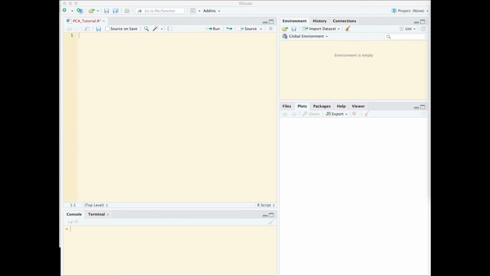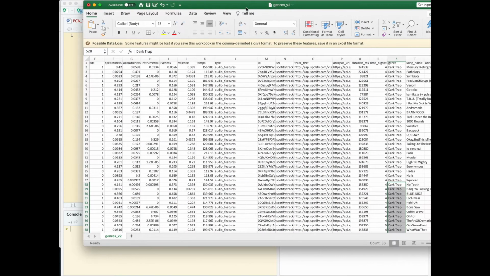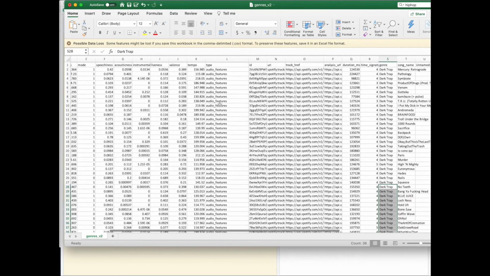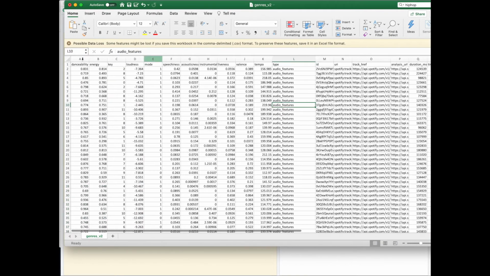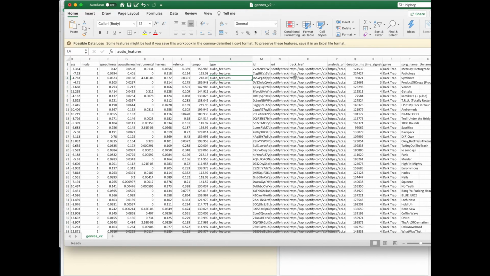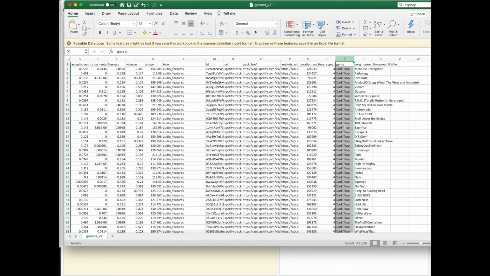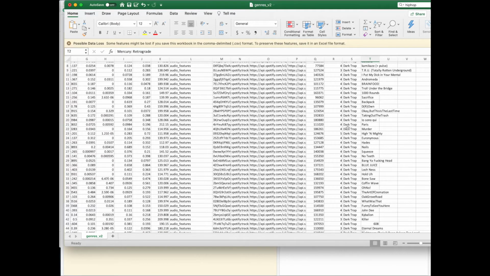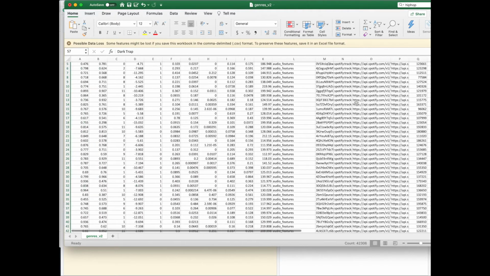So today we're going to be making a PCA plot in RStudio. I have some data I got from Kaggle, and it's about genres in Spotify. It has these really interesting numerical features like tempo, liveliness, and amount of instrumental, and I think what's cool is that there are 8 different genres. So I'm curious if these 43,000 songs will cluster on the first few PCs based on genre when we use